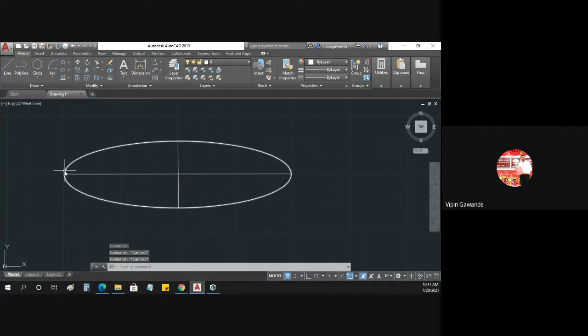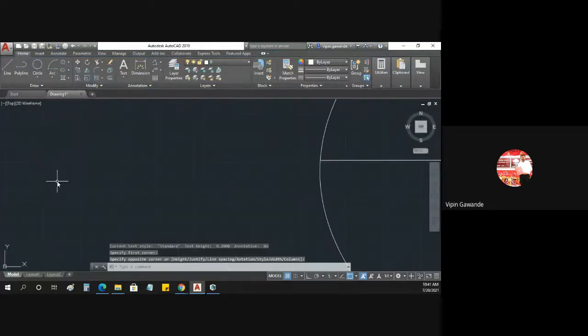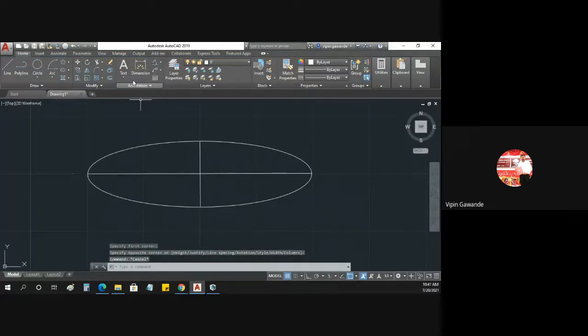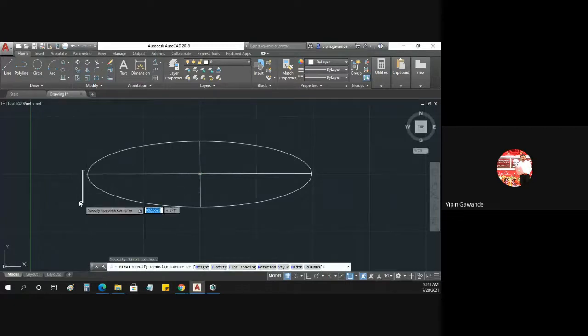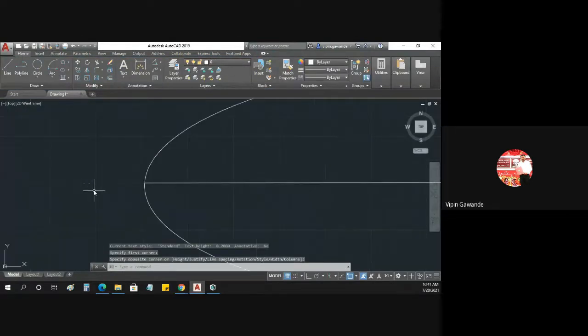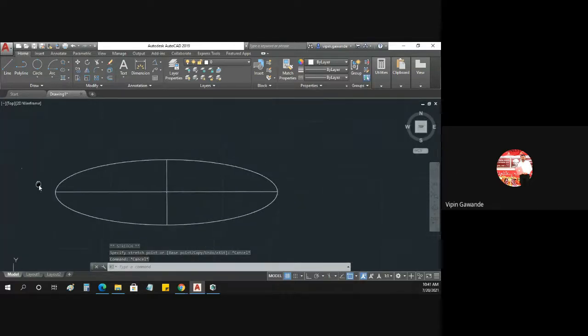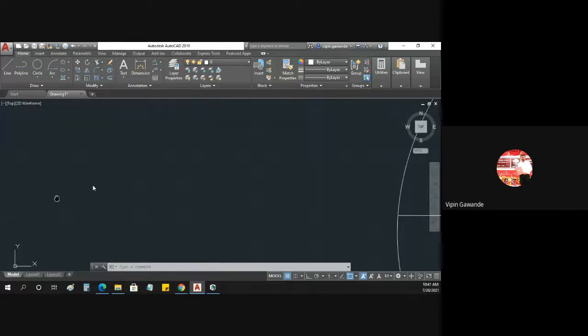Now suppose you want to give the nomenclature to this, so you have to select the text here. You have to specify text. So this is suppose A. So this is point A here. We have to increase the size of the text here, like this. Again, it is very small. So we have to change the font of the text. But you can give the text here. See, this is very small here.